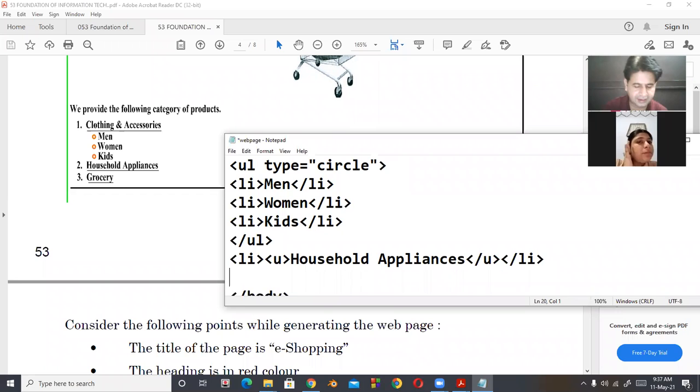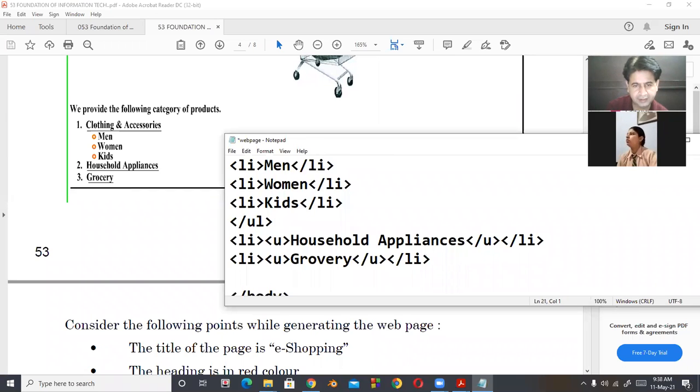Now next LI, grocery, it is again underlined. Underline close, and then LI close. Now the main list closed here.